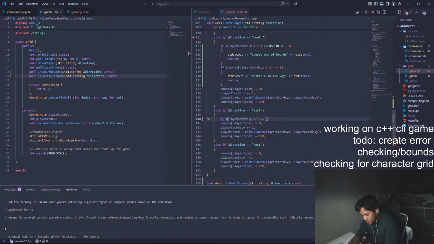Yo, what up, Michael Jordan from Space Jam? How's it going? Player, Michael Jordan from Space Jam. Player coords dot what's that? That's a good name. Player coords.y plus 1 is equal to